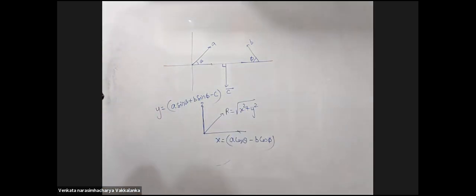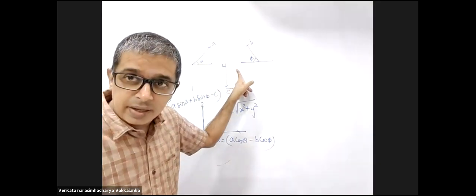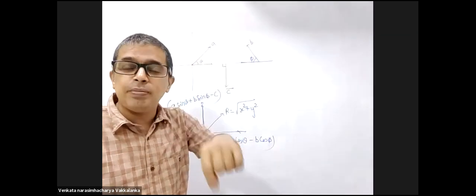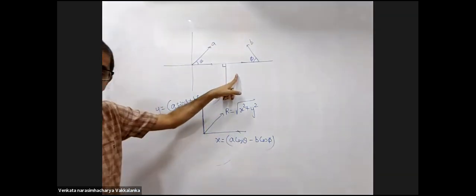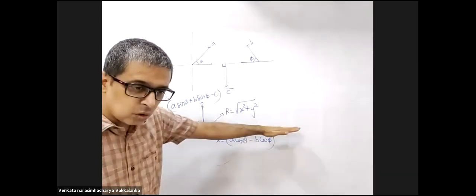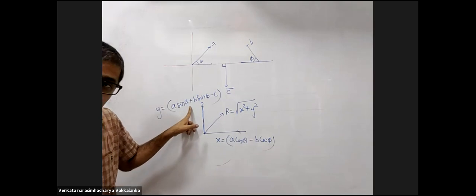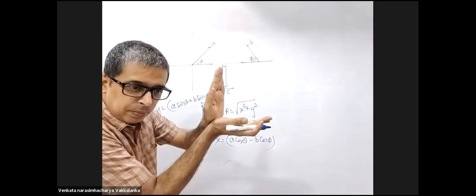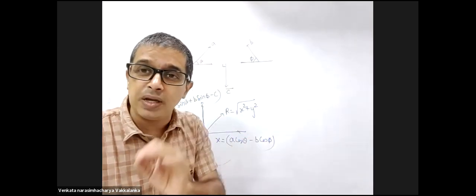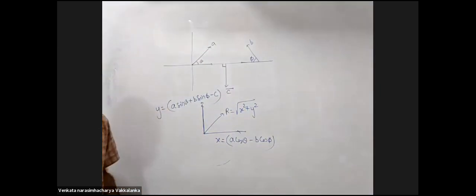So when you have n number of vectors represented this way, though you know the polygon law of addition, the geometric representation will be uncomfortable. Hence, we suggest resolving all of them along x and y. Add all the x components, add all the y components. You will have one x component and one y component. If two vectors are perpendicular, the resultant of the two vectors is under root a square plus b square, rather x square plus y square. Make a note of it.